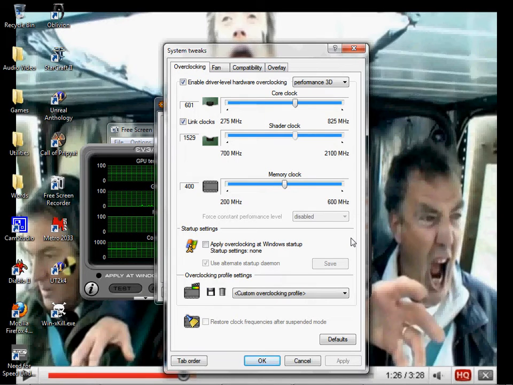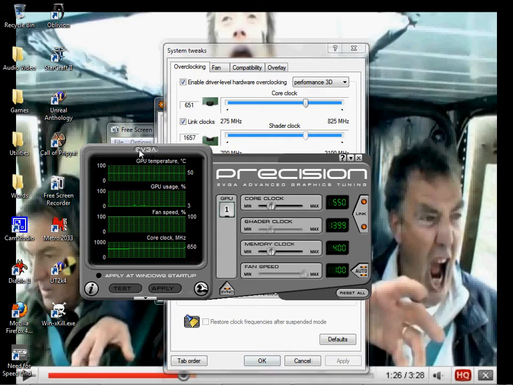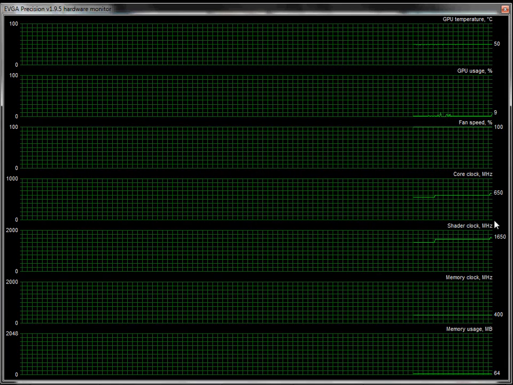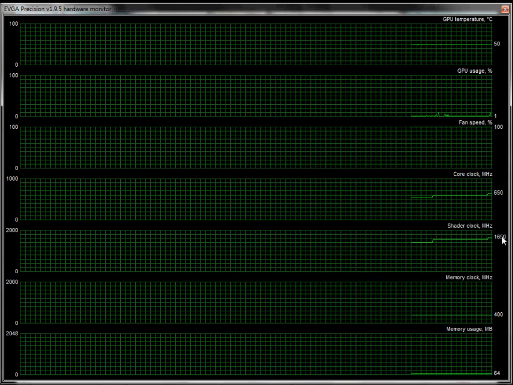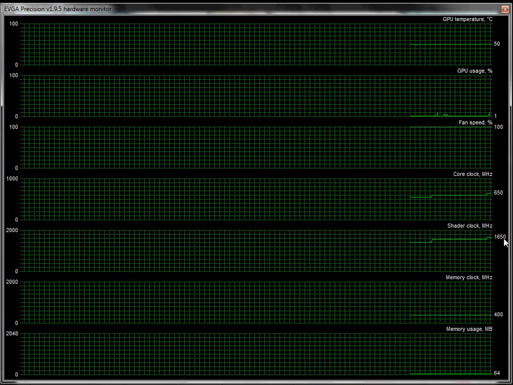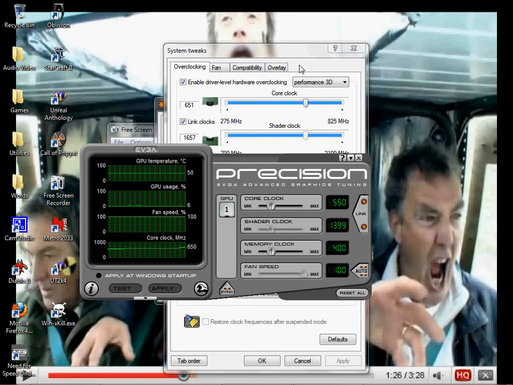They're called artifacts. I'll get more into it when we overclock memory, but for now, let's just keep sliding our core slider further to the right, and click apply. Go to EVGA, and we see that we're running at 650 core and 1650 shader, and